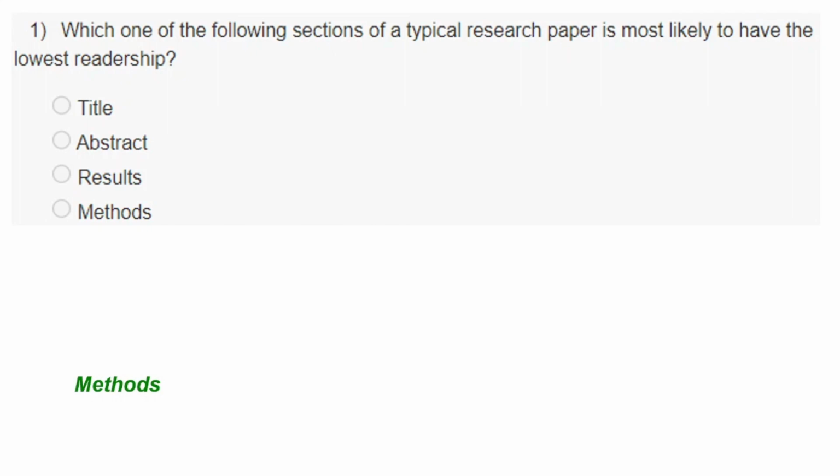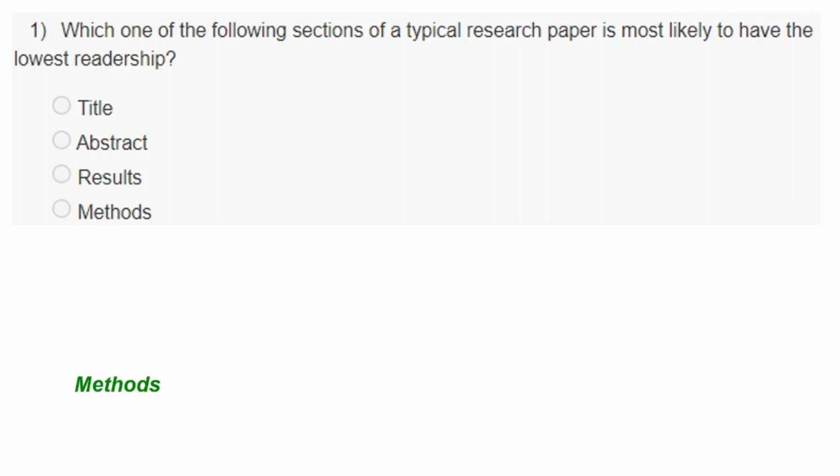People will be interested in the methods only when that paper has a relevance or significance to their work. Like, I work in chemical biology, I am not working in cancer. I might come across a cancer paper, I might find a title very interesting. Suppose I'm reading through a cancer paper, I see they have recognized the target. I'm like, oh wow, that's cool. So I might be interested in the abstract a little bit. I might be interested in the results, what they have found out, but I won't normally go and read through